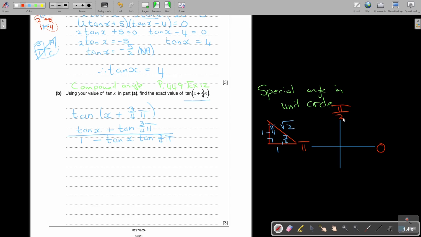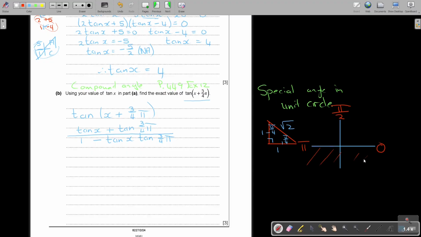Okay, and then this one is 3/4 pi. Okay, so it's 270. So it's not 3/4. If you said 3, this is a half. So 3/4 will be more than pi. So it's basically not working there.